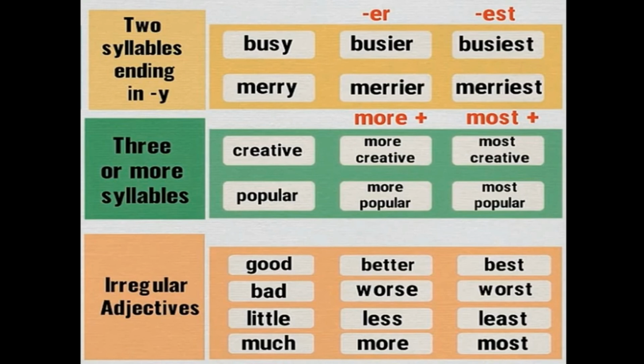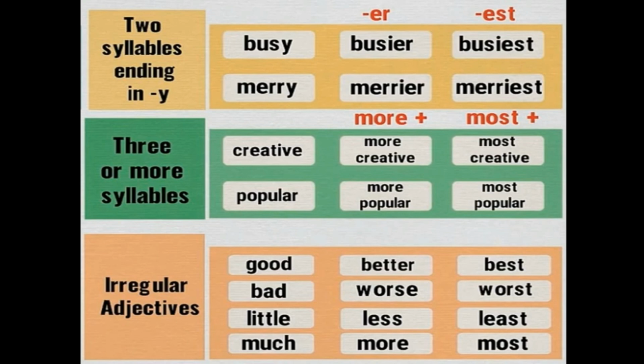Bad in comparative في المقارنة worse. Superlative worst. Little, less, least. Much, more and most. يبقى يا شباب we use the comparative to compare two people or two things. زي ما قلنا